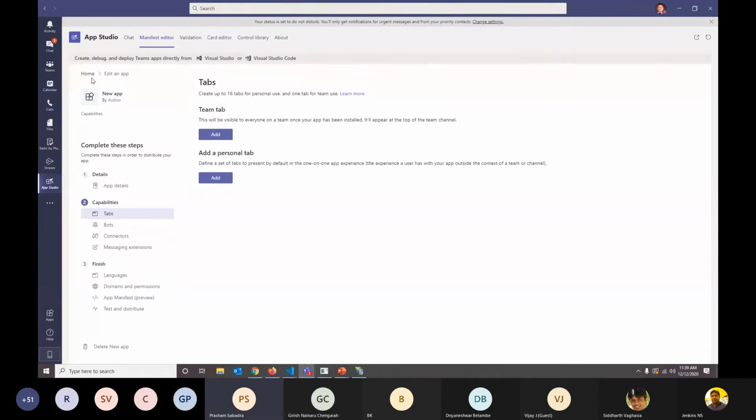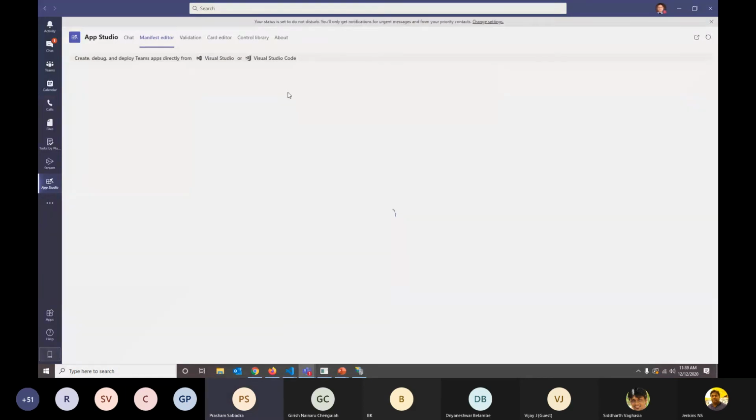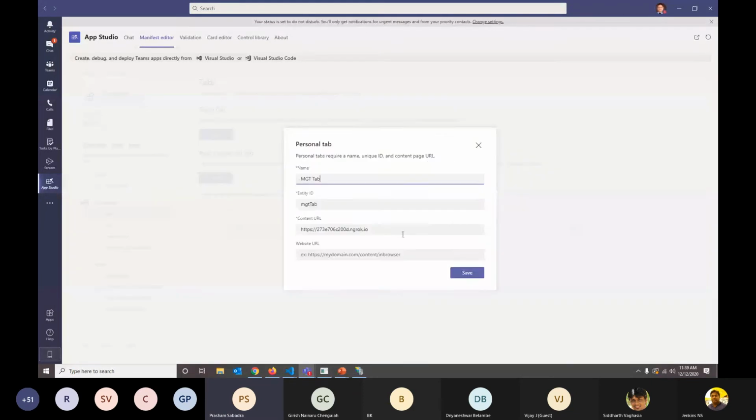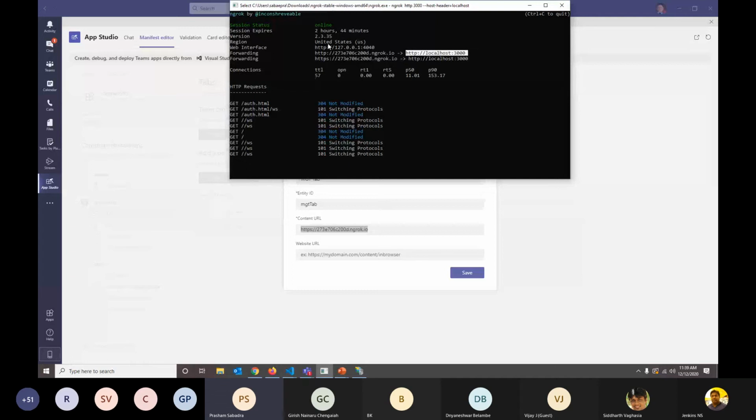Edit tabs, edit tab, and if you see here, that was my ngrok URL. If we compare, this is the HTTPS URL, ending 273.760. That was the ngrok URL, the live URL for the pages I am hosting here. Okay, so that was the important thing.